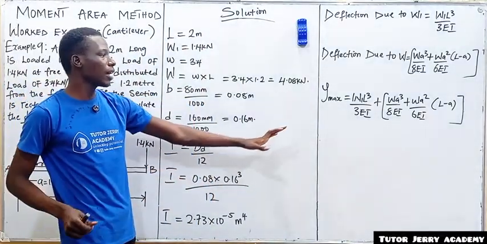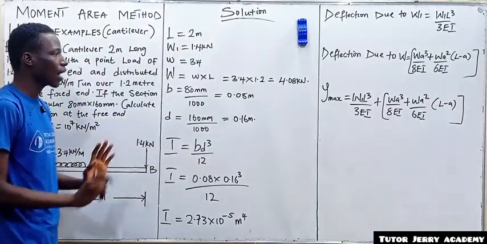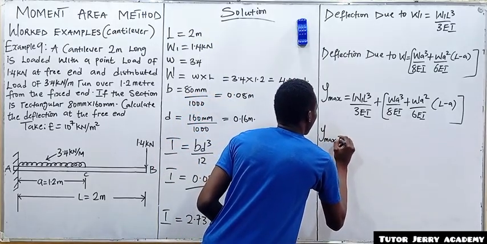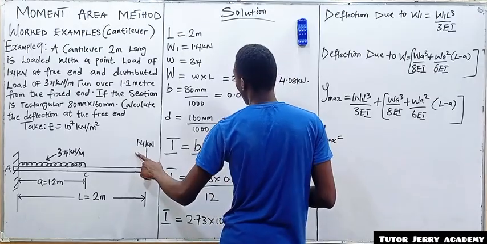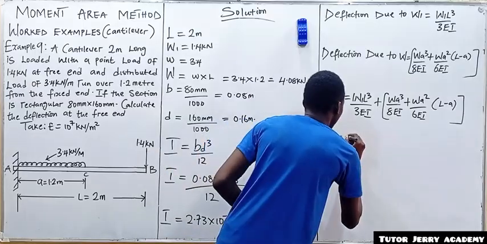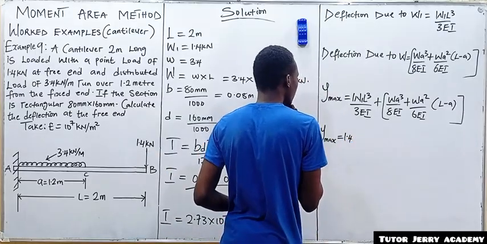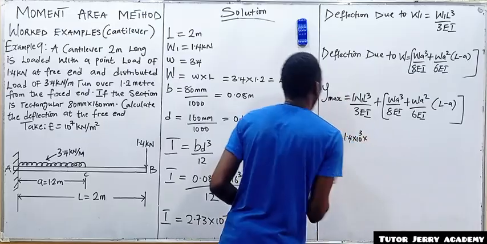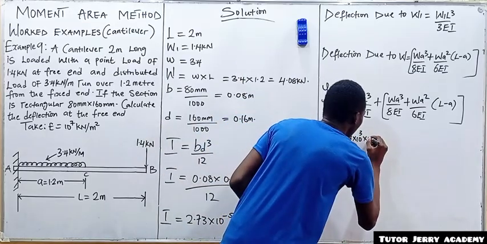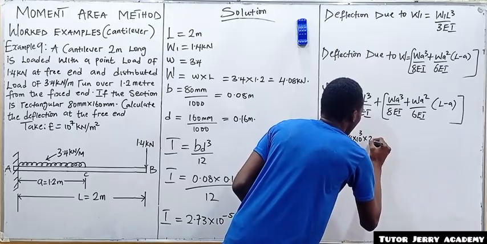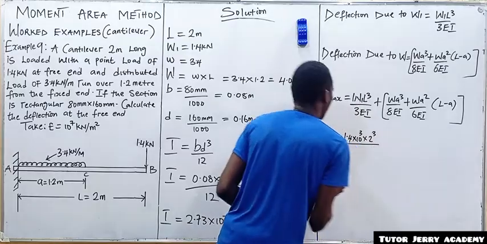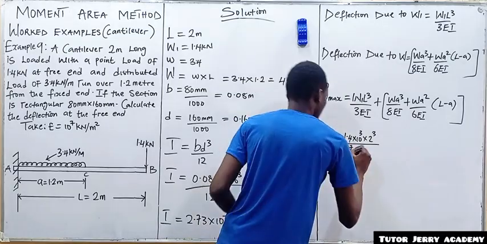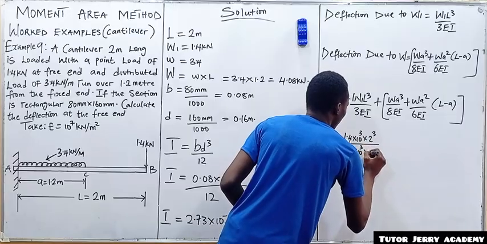All right. So now let's put the values. So we say Y max is equal to W1 is what? W1 is 1.4 kilonewton. So I have 1.4 kilonewton, this is times 10 to the power of 3, multiplied by L to the power of 3, 2 to the power of 3, all over 3 multiplied by E, which is 10 to the power of 7 multiplied by 10 to the power of 3, multiplied by